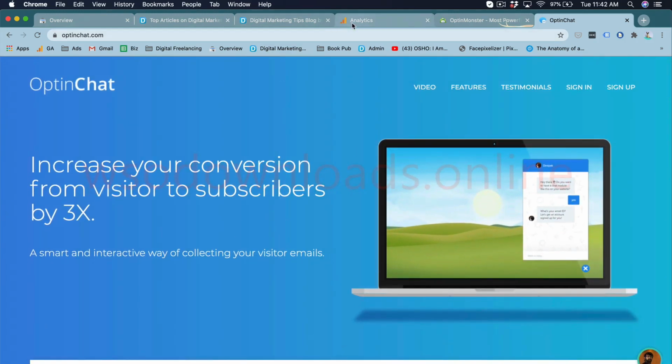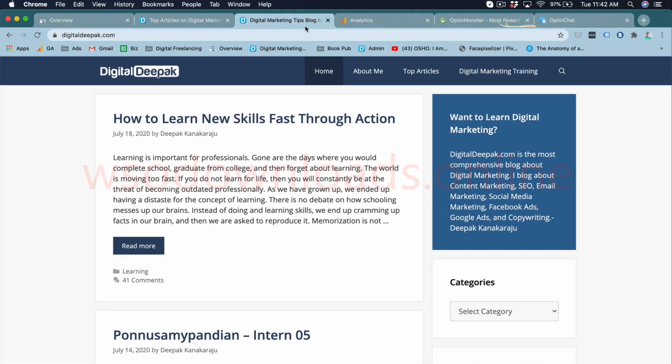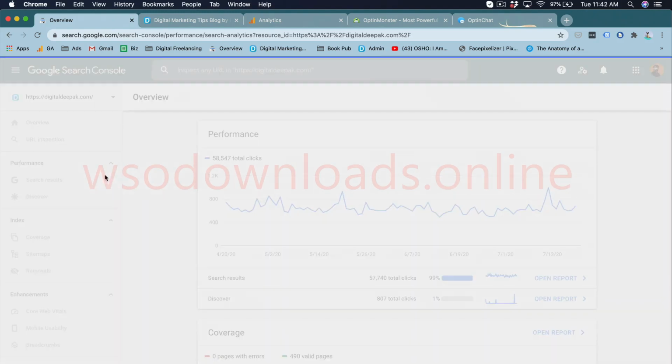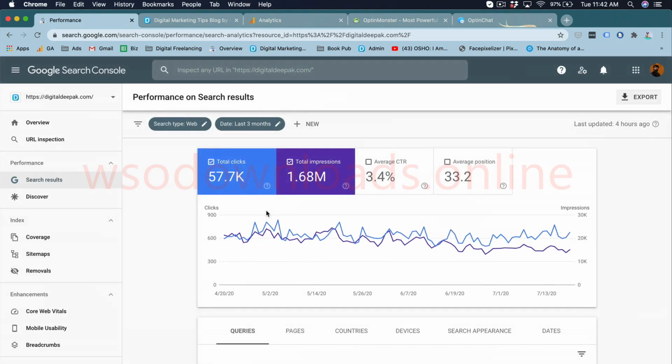So now that we have covered how you are going to convert the visitors into leads from your blog, let's look at how you are going to drive traffic to the blog in the first place. So you have to go ahead and publish content which has very good search intent. Like for example, if you look at the amount of search traffic that I have been driving to my blog,